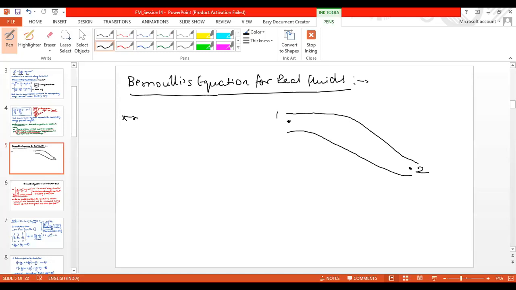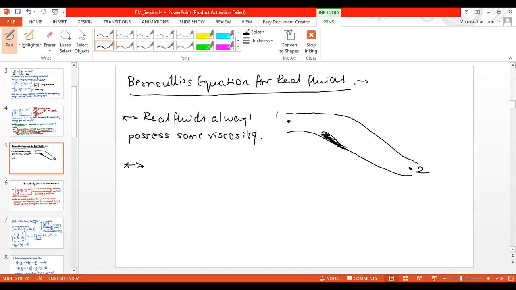We all know that real fluids always possess some viscosity. Now I am not going into depth, I am just giving you an idea. Last time, if you remember, I discussed internal friction when we are close to a flat surface. So it is obvious that when the fluid layer is very close to this pipe surface, it will always suffer from some internal resistance. So real fluids always possess some viscosity.